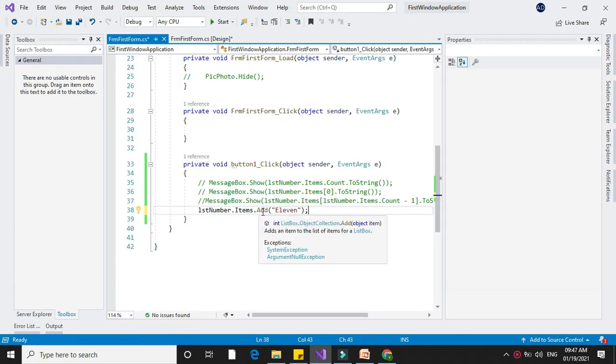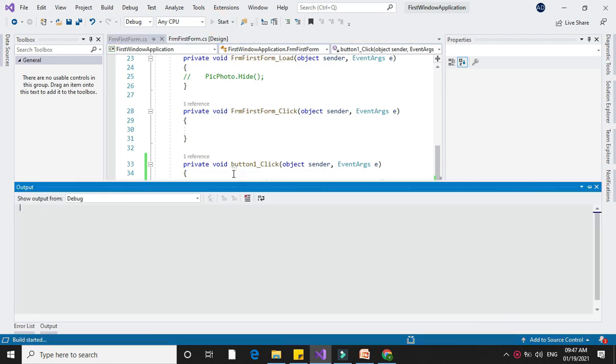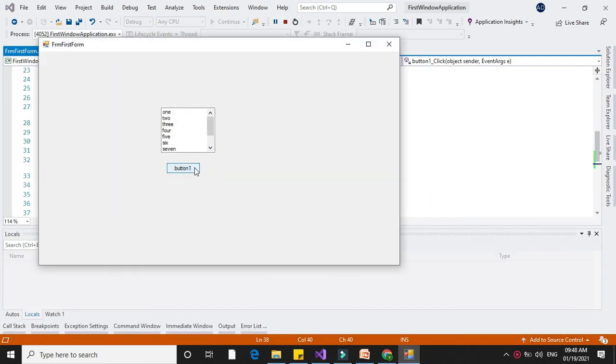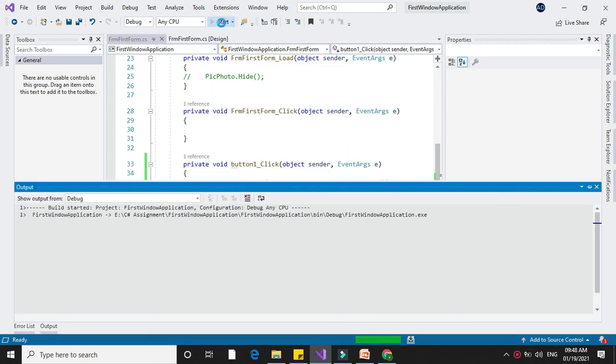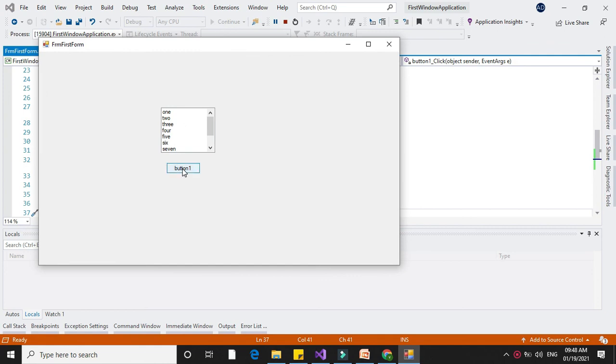Next method we will see is Add. I will add here lstNumber.Items.Add, and I will add the data. When we execute it, it will add 11 to your list box. Now to remove a specific item from the list box, I will use lstNumber.Items.RemoveAt, and when we execute, it will remove the 0th item, that is 1, from your list box.